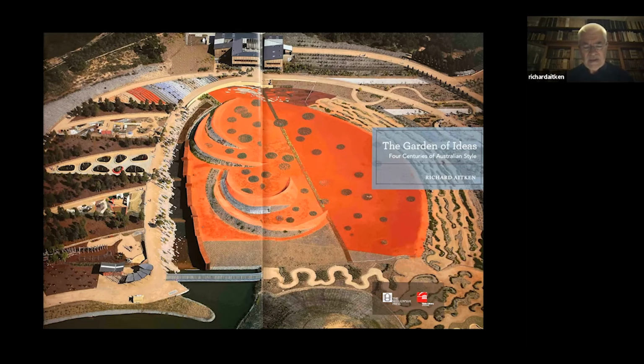I used this image on the title page of my book, The Garden of Ideas, and I'd like to end this lecture by noting that our botanic gardens are truly gardens of ideas. Through them, we can imagine the future by experimenting in real time. We can grasp design ideas that enliven our senses. And dare I say it, botanic gardens can be ideological sites where ideas grounded in science can help influence fundamental egalitarian rights to a better future. Thank you.